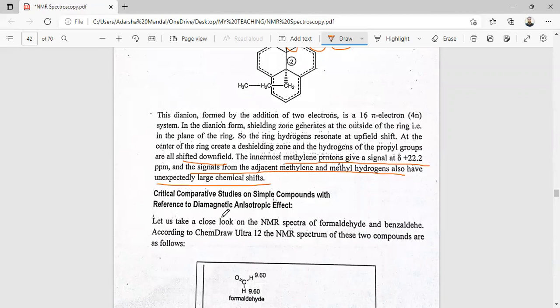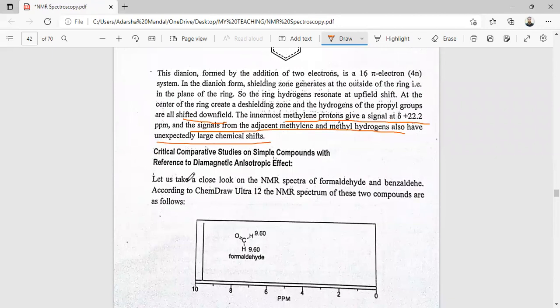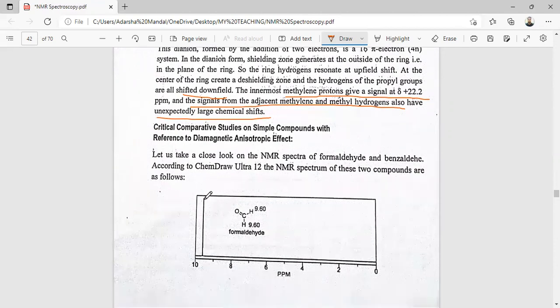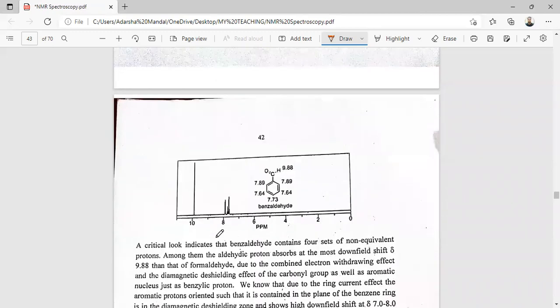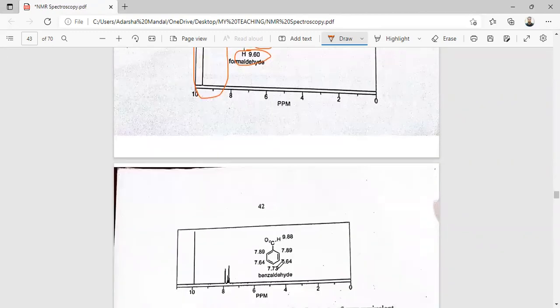So now we look at critical comparative studies on some simple compounds with reference to the diamagnetic anisotropic effect. Let's take the example of formaldehyde. Formaldehyde has one type of proton, so it has only one chemical shift value, 9.60. And also for benzaldehyde,